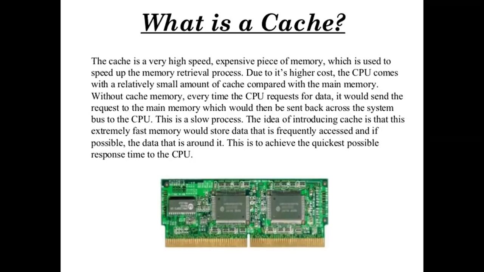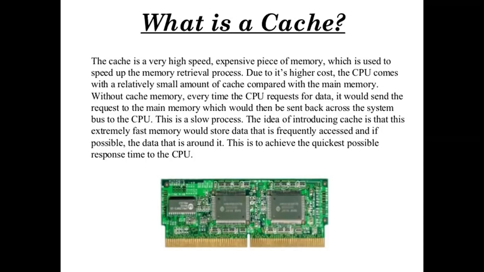Again, what he's saying about cache memory is that it is a very high speed, expensive piece of memory which is used to speed up the memory retrieval process. Due to its higher cost, the CPU comes with a relatively small amount of cache compared with the main memory. Without cache memory, every time the CPU requests data,